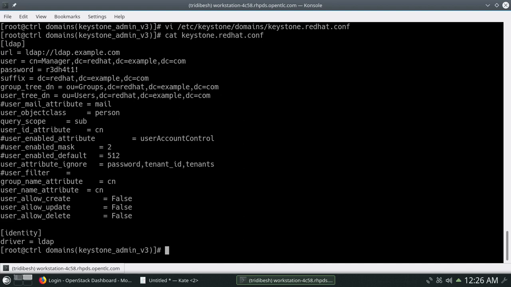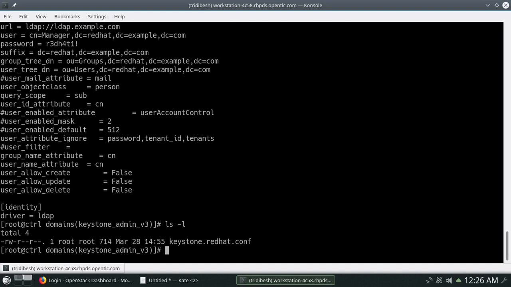Now if you see here, the user permission for this file is root. So we'll change that to keystone. So chown, we'll change it for the entire directory.